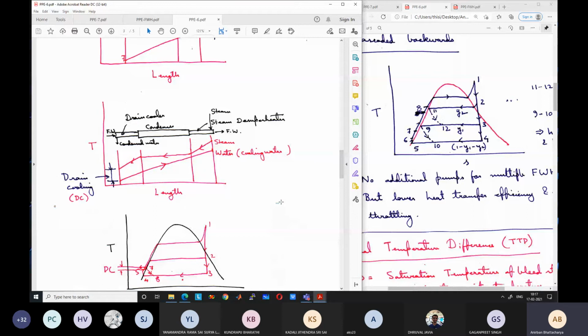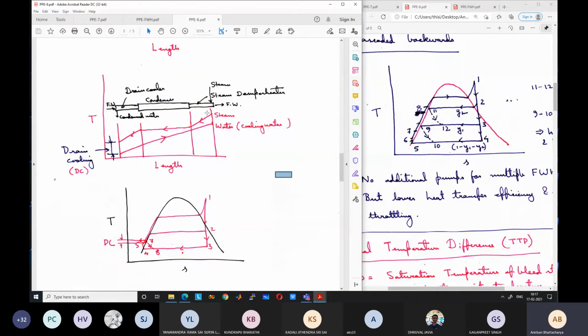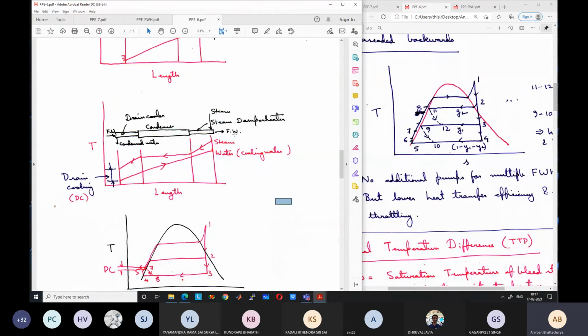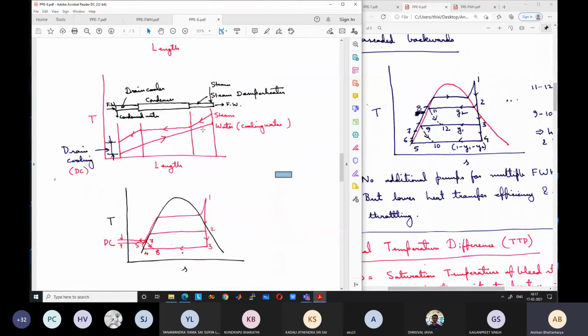With this drain cooling, now we can draw the temperature profile again versus length. The steam enters, in this case not at a superheated state, but in general it may enter at a superheated state like what's shown here. Then the temperature gets decreased to the saturated state. In the saturated state, conversion from saturated vapor to saturated liquid occurs, so the temperature remains constant along the length, and then once it has fully become water, the temperature again decreases.